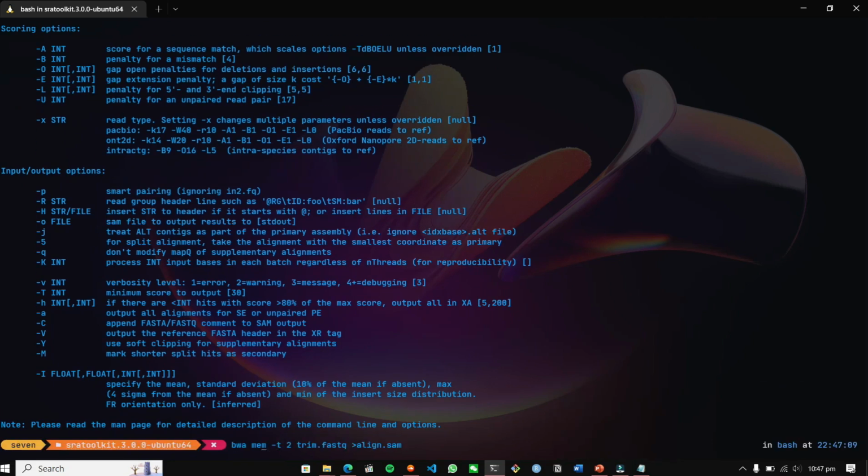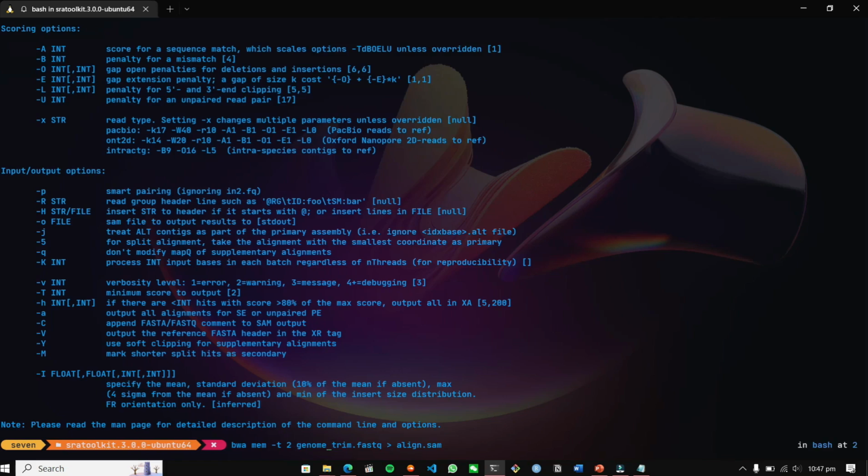So they're asking about the input BWA mem string align SAM. So I think there should be a genome that we are going. Yep, sorry about that. I forgot about the genome file. So I'm just gonna name it trim, and I'm gonna name this genome, which was the index name that I forgot to add in our pipeline.